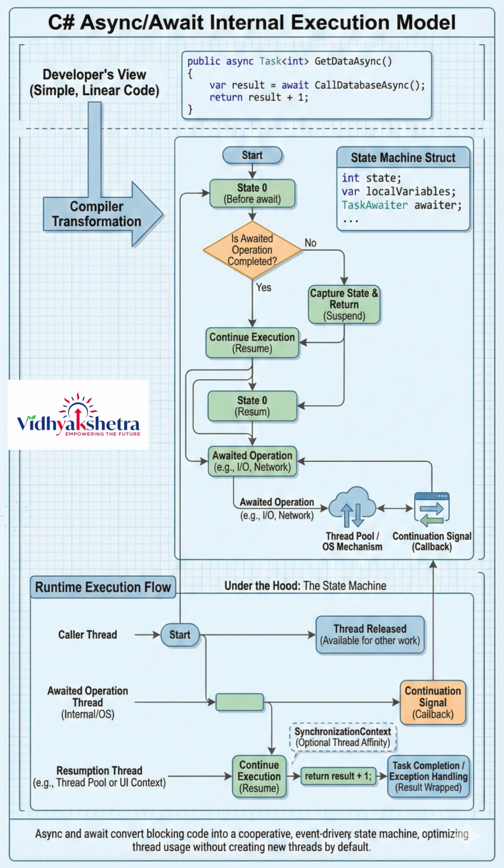Exception handling is also managed by the state machine. If an exception occurs in the awaited task, it is captured and rethrown at the await point, preserving a logical flow of error handling using standard try-catch blocks. Similarly, return values are wrapped inside a Task or Task<T>, representing the eventual completion of the method. In essence, async and await convert blocking code into a cooperative, event-driven execution model. This design enables applications to handle thousands of concurrent operations efficiently,